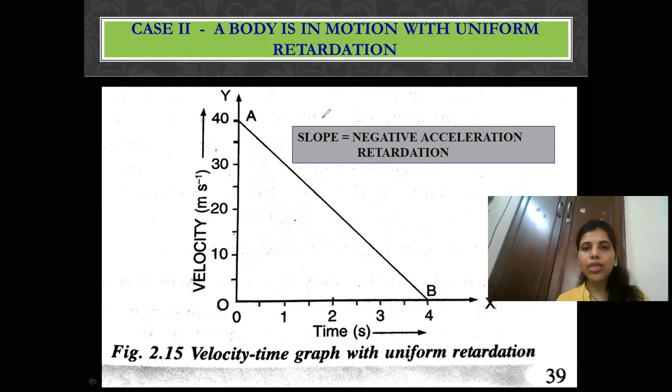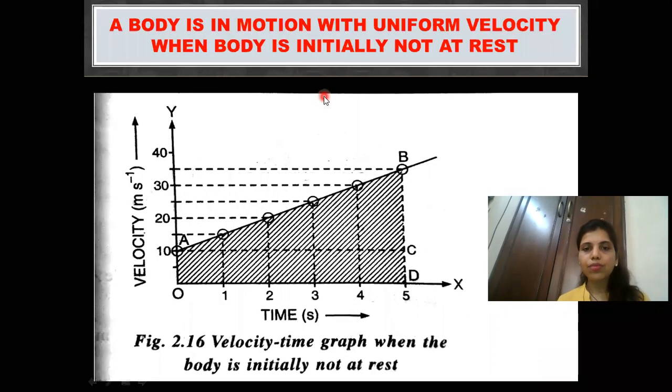Okay. Now we go to the next particular graph. Now in the next graph, you can see that here it is again showing velocity versus time and it's a straight line graph, showing that the body is moving with uniform velocity. But the initial velocity the body was having is not 0. That means the body is not starting from rest. So when this particular type of graph is shown and you are asked about the type of motion, you have to comment that the body is traveling with uniform velocity, but the body is not at rest initially.